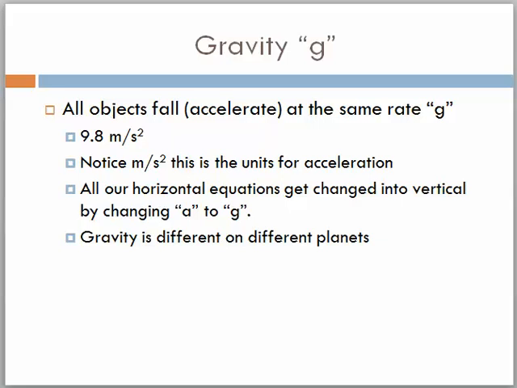The first thing I want to talk about here is all objects will accelerate at the same rate when it comes to gravity, g. If we're talking about g, we're talking about gravity. If we're talking about gravity, we're talking about g. And what is g? Here on Earth, g is always going to be 9.8 meters per second squared. That means if something's falling,